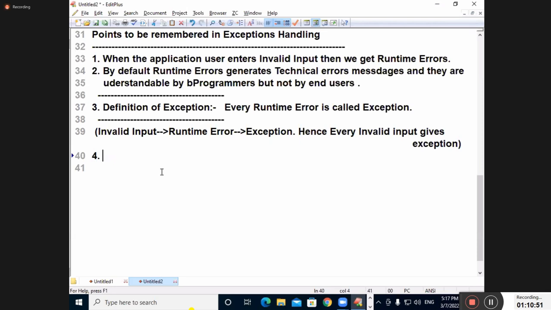Not reading Python notes is called exception. Exception means technical error message, which means no job. No job means you cannot go to any friends' functions. Even if you go, you will stand in some corner, eat and come back. If job is there, you will go and meet everyone, because you want to expose that you are a software engineer. So everybody will praise you. To praise everybody, what do you need? Job is required. To get a job, what is required?